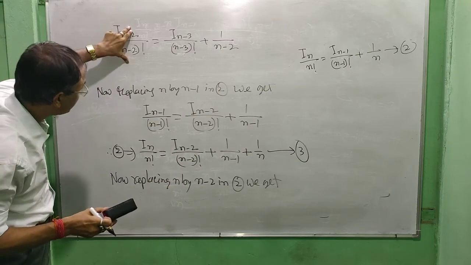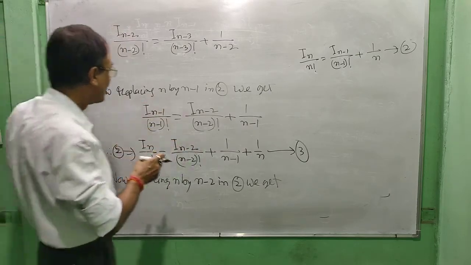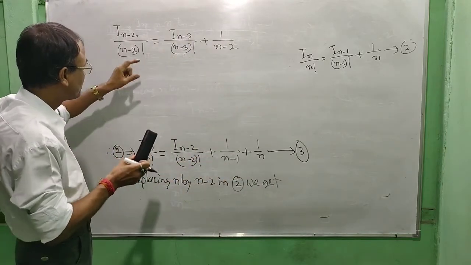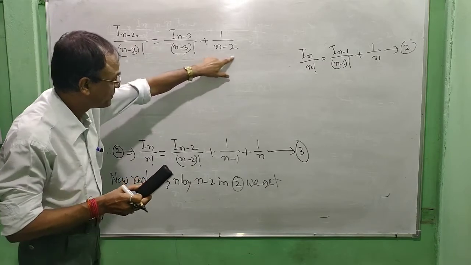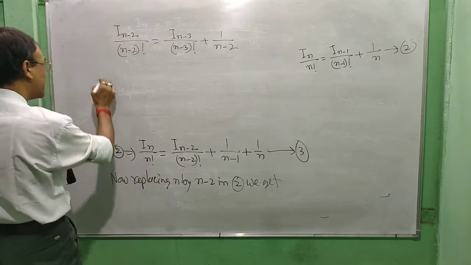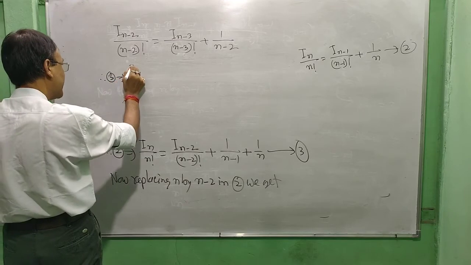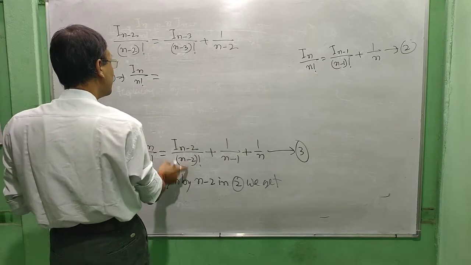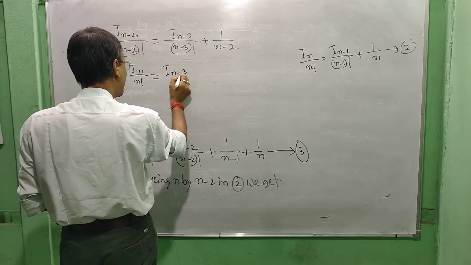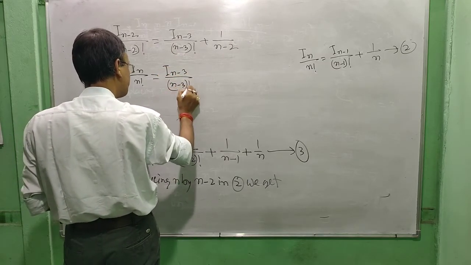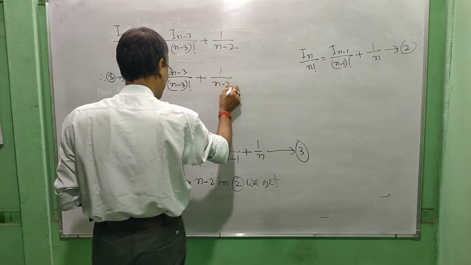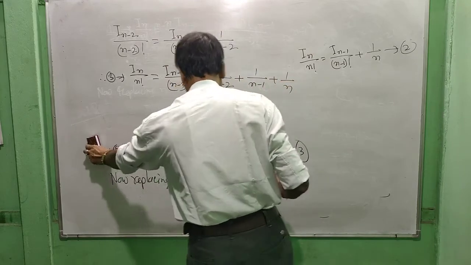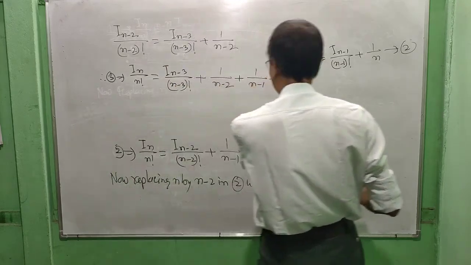Now substitute this value in 3. Substitute this value means this is equal to this in 3. Therefore 3 implies, from 3 you will get I_n by factorial n is equal to, for this you put I_(n-3) by factorial n minus 3 plus 1 by n minus 2 plus 1 by n minus 1 plus 1 by n plus 1 by,